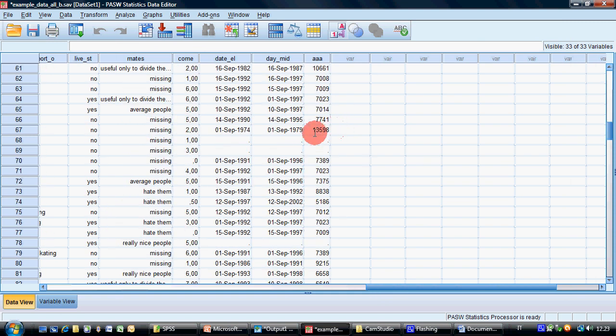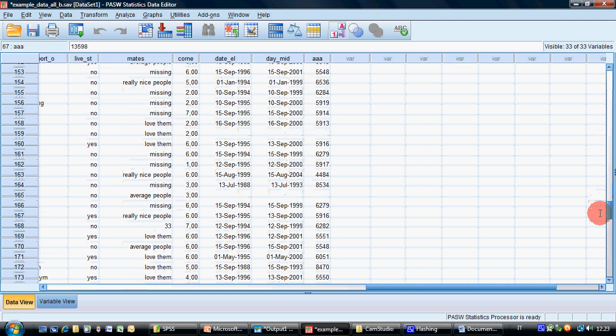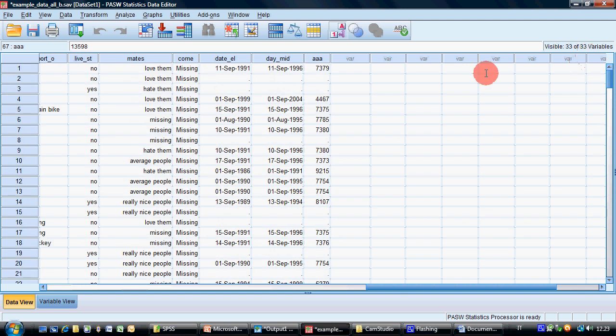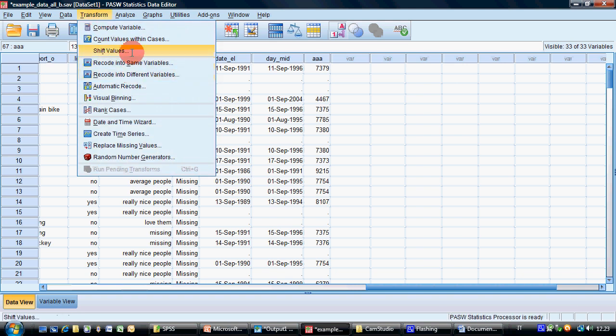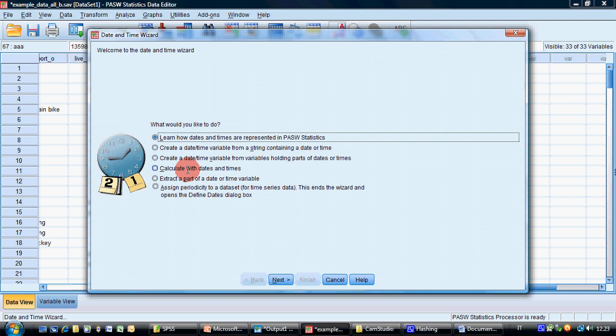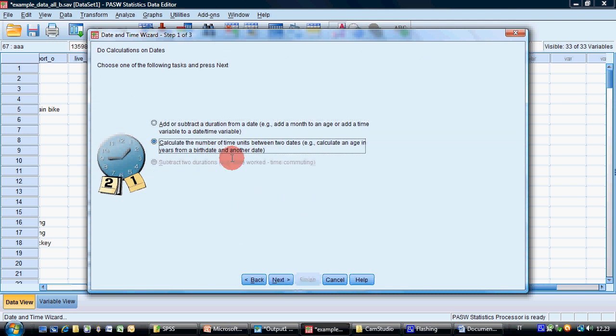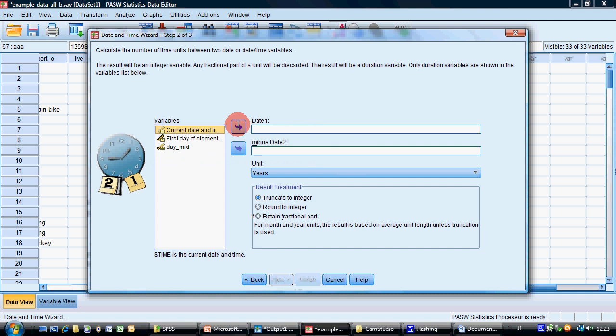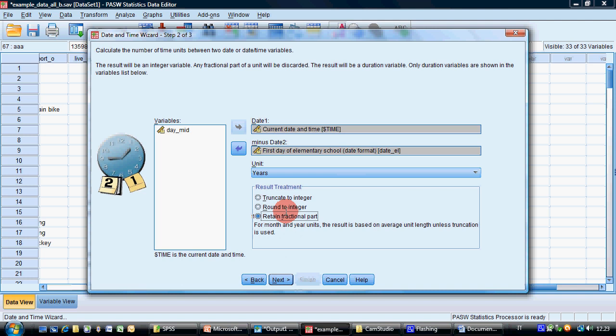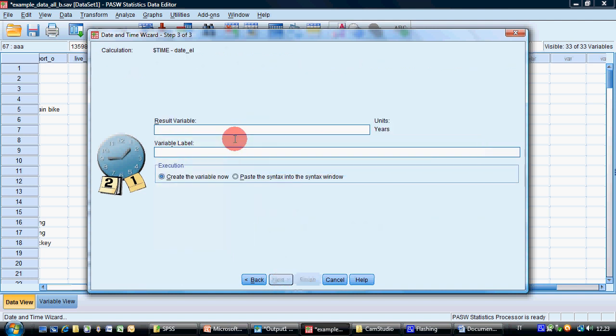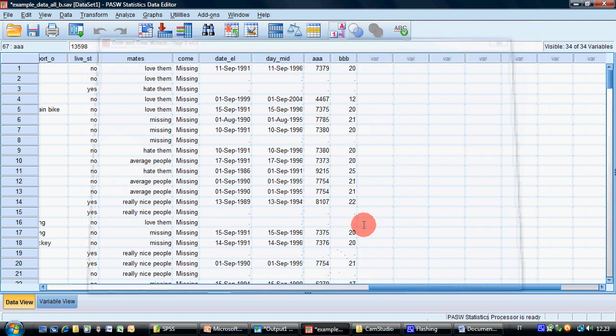For some people, many days, for others fewer. And let's see also how many years have passed. This will check whether it's correct or not. So, same thing, in years. Let's keep round. BBB. Okay. So this is the number of years passed between your first day of elementary school and right now, rounded